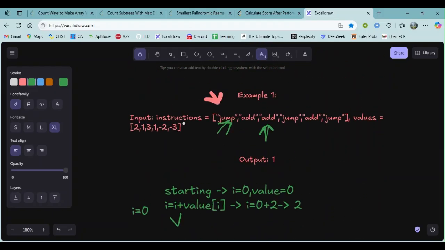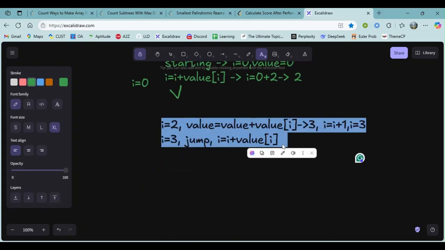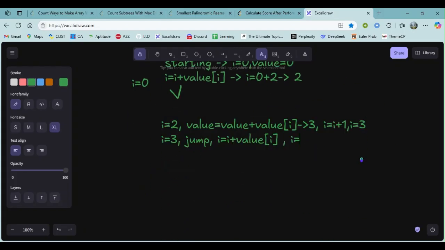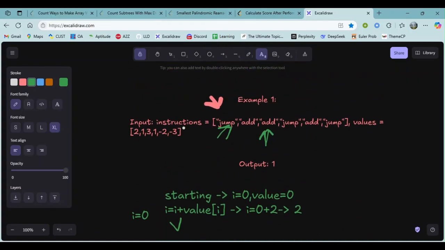Since our values[i] is equal to 1, i is equal to 3 plus 1, so it will become 4.